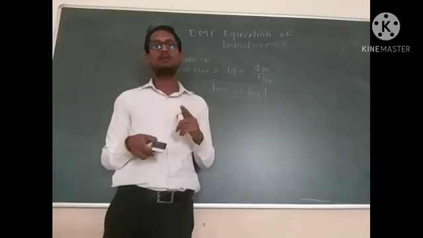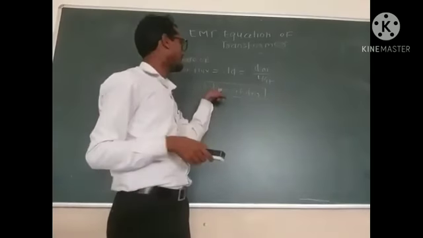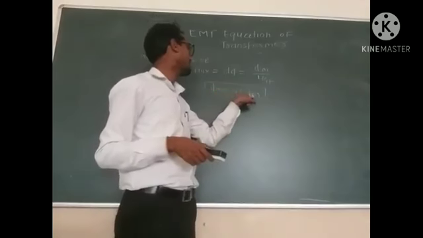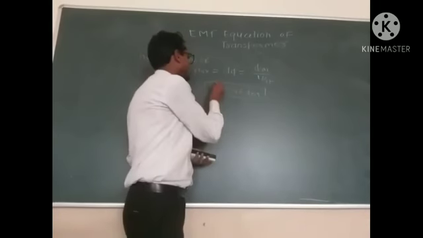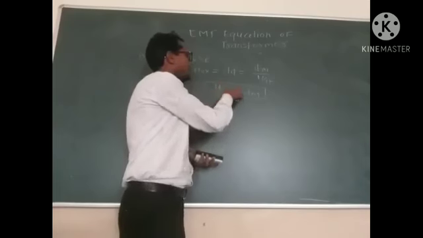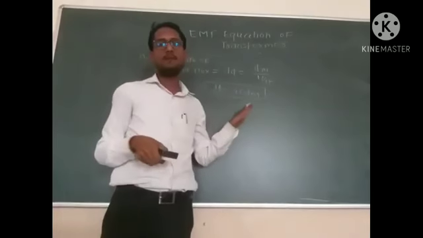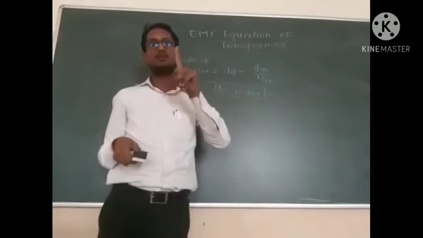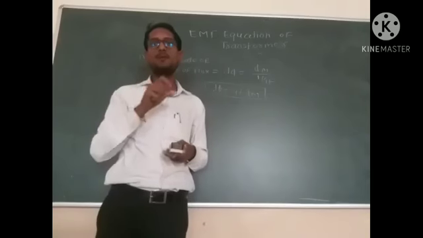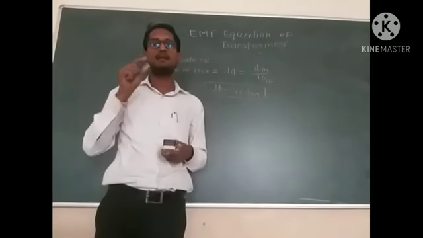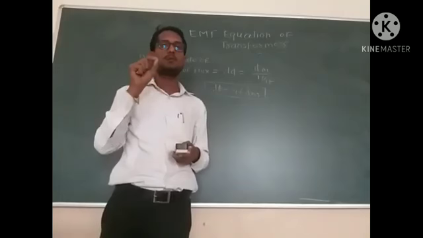The average induced EMF is N dφ upon dt, which equals 4fφm. Okay, then if you use the formula of form factor, we will get the average value is 1.11